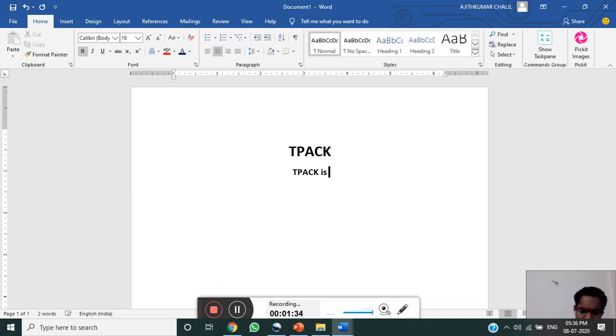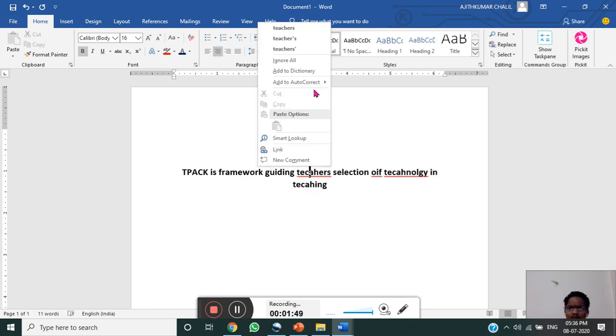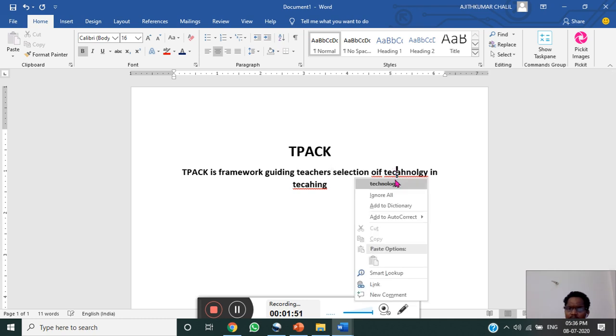TPAC is a framework guiding teachers in the selection of technology in teaching. I have given a small definition to that.